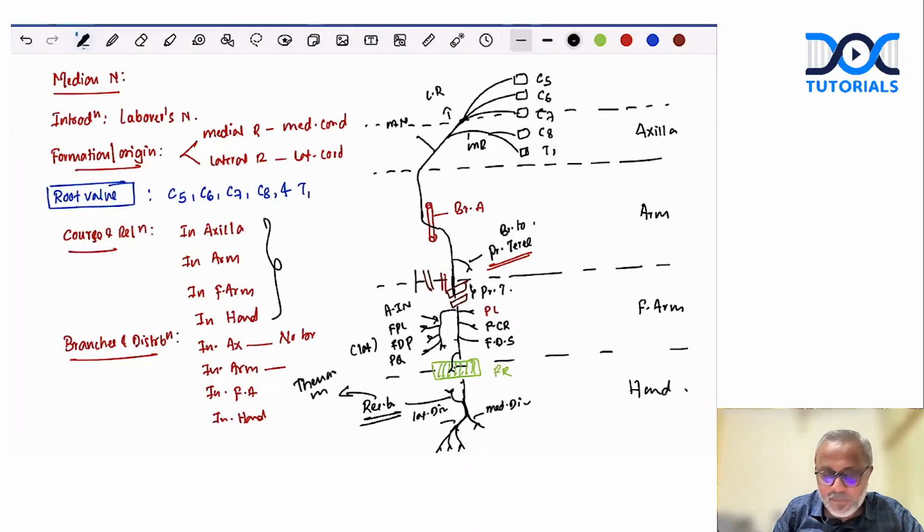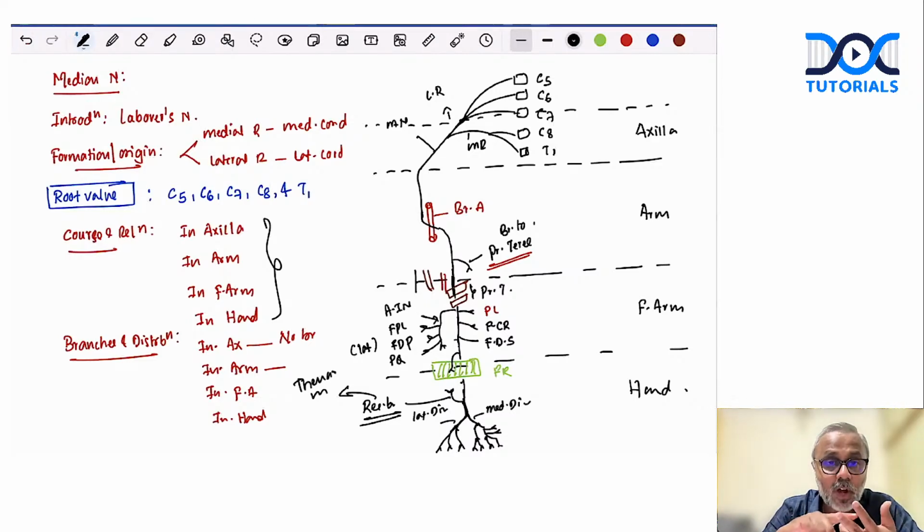Then what is the fate of the medial division? The medial division will split into two branches, common digital nerves, and these further split into the proper digital nerves. Right? This is how the median nerve divides in the hand. The most medial branch will supply the first and the second lumbrical, whereas